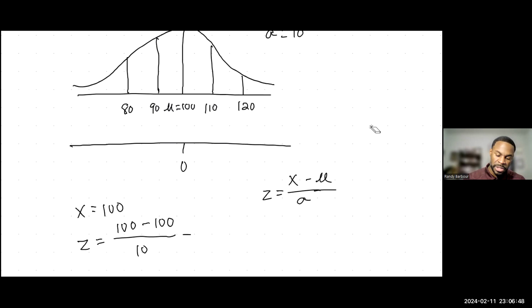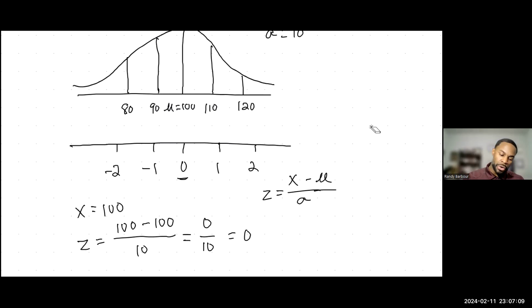100 minus 100 is 0 over 10. 0 divided by 10 is 0. That is 0 right there, okay? One standard deviation over, that should be 1. This will be 2. This will be negative 1. This would be 2,